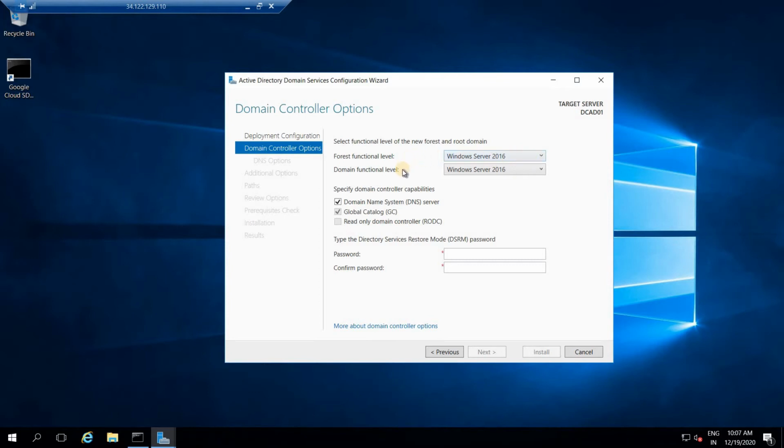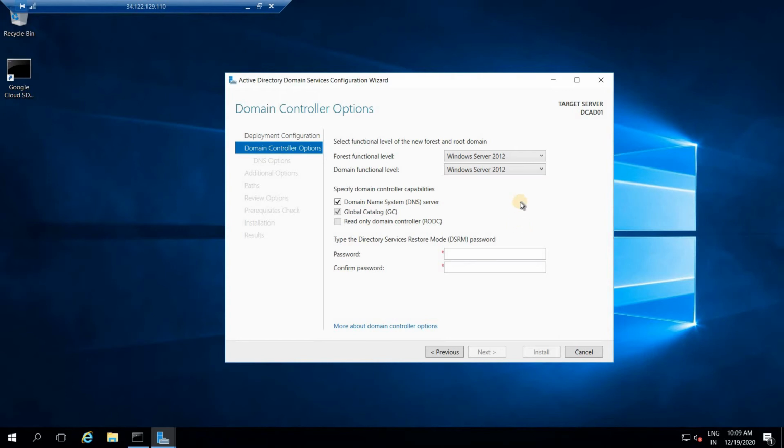So this forest and domain function level, guys, is also a very important part when you create your domain or forest. So if you are selecting this 2016 here, that means a 2016 or later operating system will be good for the domain controller and forest. So if you will add any domain controller, let's suppose I am assuming that I am already having 2012 machines running as a domain controller in my hierarchy, so I will select this option.